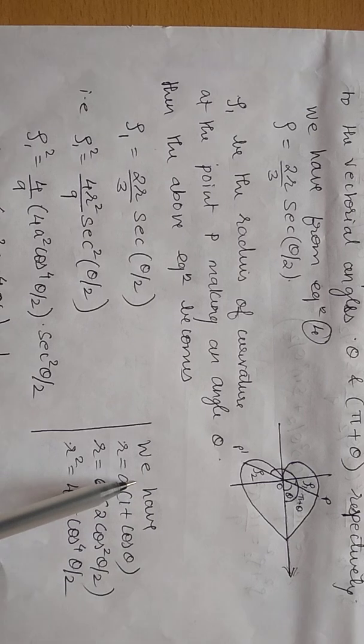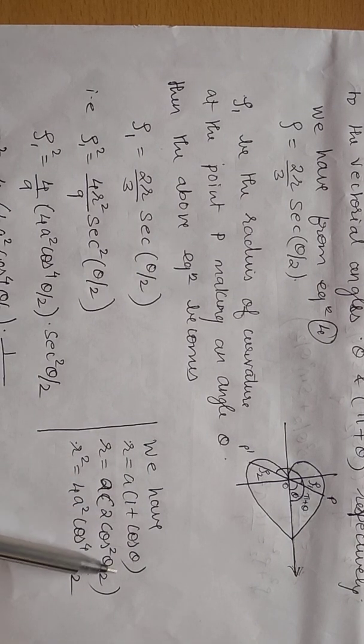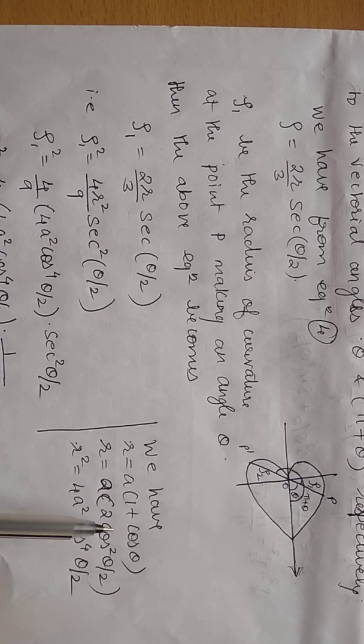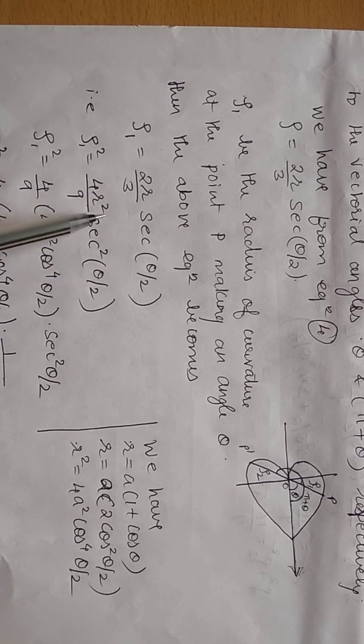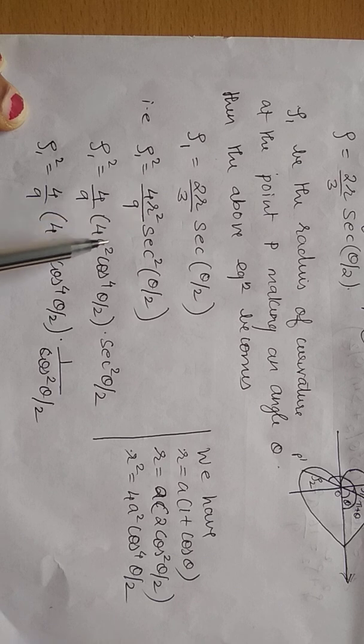Now I'll consider the given curve. What we are having? r is equal to a into 1 plus cos theta. What is 1 plus cos theta? 2 cos square theta by 2. This will become 2a cos square theta by 2. Now if you take the square, because I will try to eliminate this r square, since I don't want the r term in my answer, so I will eliminate r square by squaring on both sides. So r square is equal to 4a square cos raised to 4 theta by 2. I will substitute this r square.